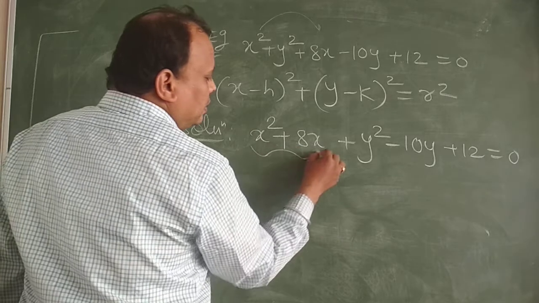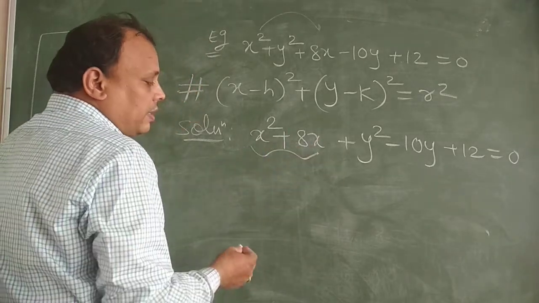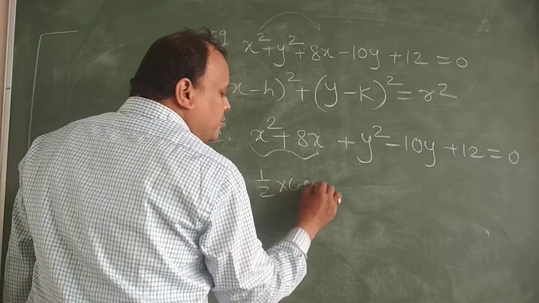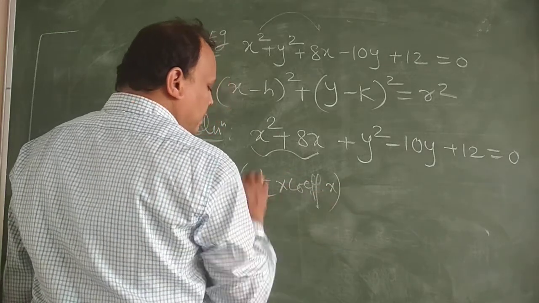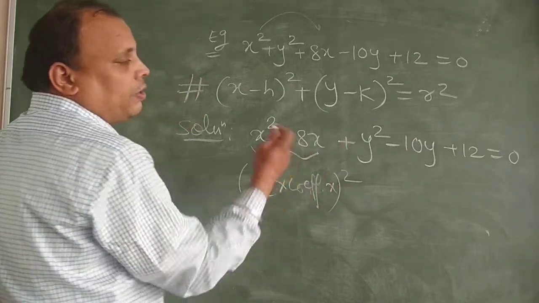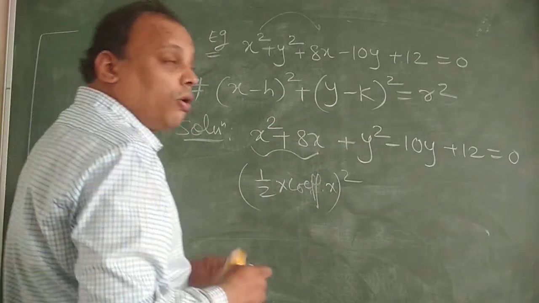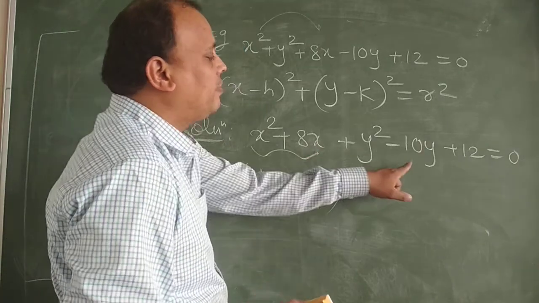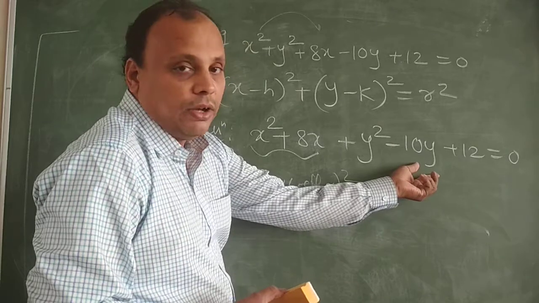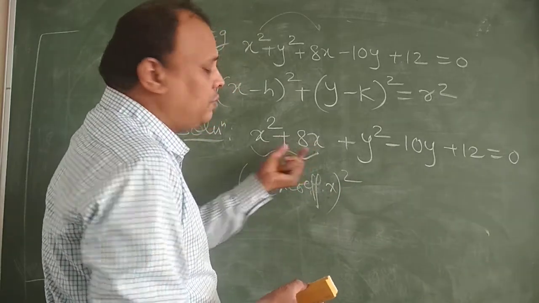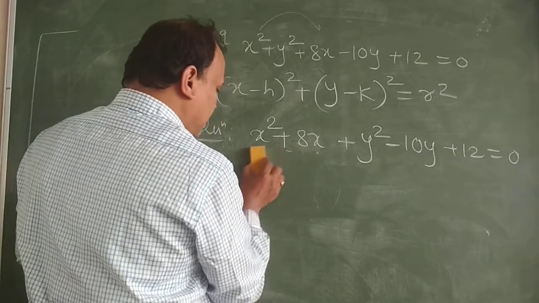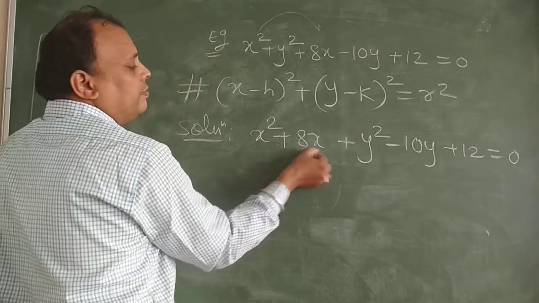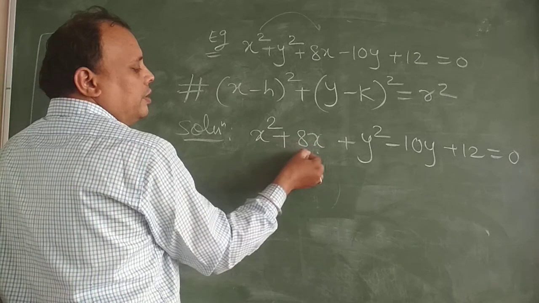If you want to complete the square, do you remember in 10th standard we used to take half into the coefficient of x, the whole square, and then add and subtract it, when solving a quadratic equation by the completing square method. So the linear variable is x. Here we have to do the same thing for y also. You make it half, square it, and add on both sides.